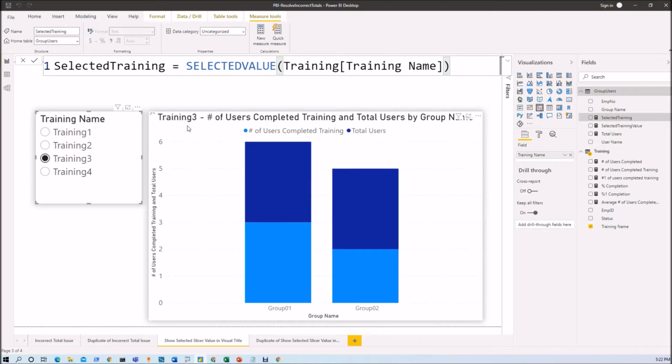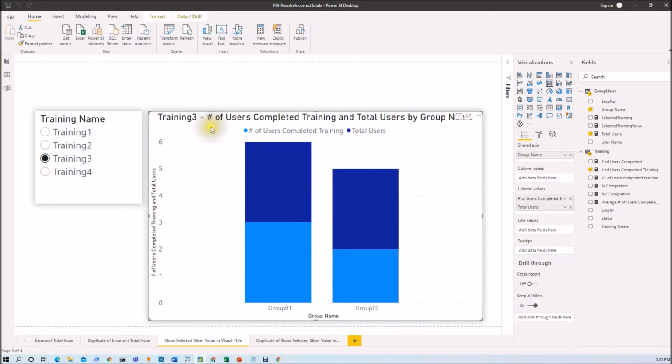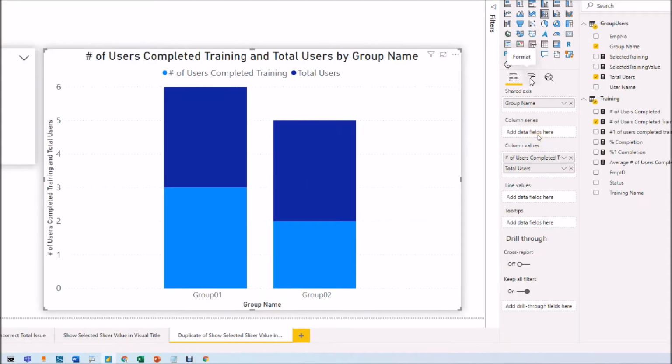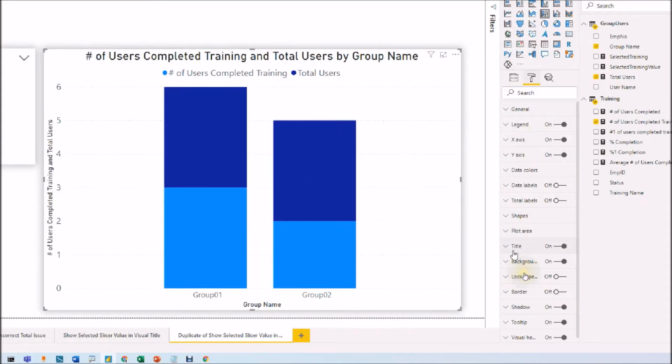Now what we need to do here is, we just need to select this visualization, go to the format option. Here we have the title property, just expand that. Now here we have already title text added because we have not set this dynamically. So we do not want to use this title text, but just copy this text for future reference.